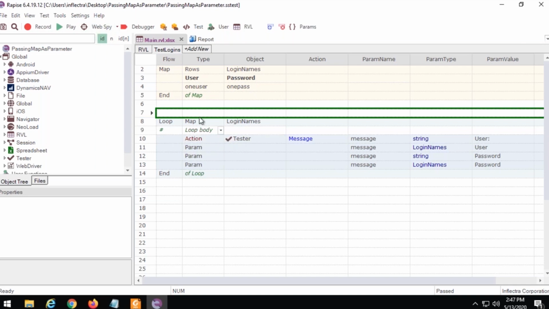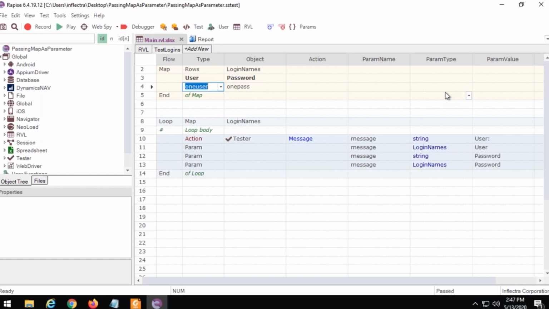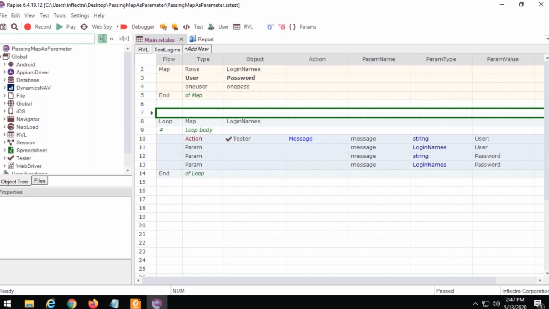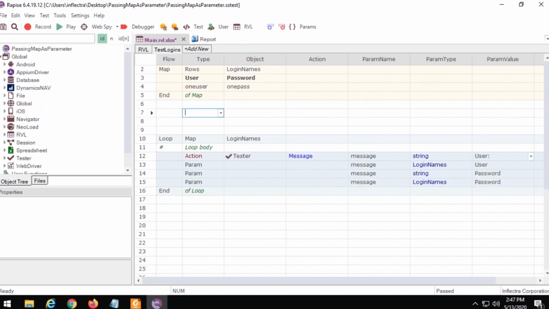What I want to do is use the value of this user and then append @ and some domain name like example.com. So let me do this here. I'm going to add a couple of lines. I'm defining the variable username and simply assign the current value from the map login names, user. Now I define another variable email,